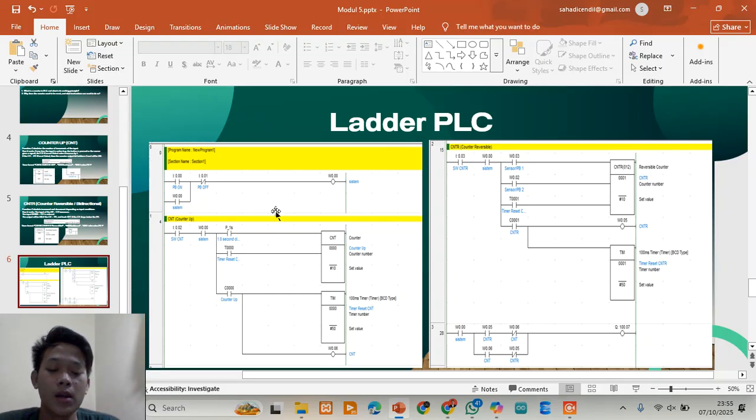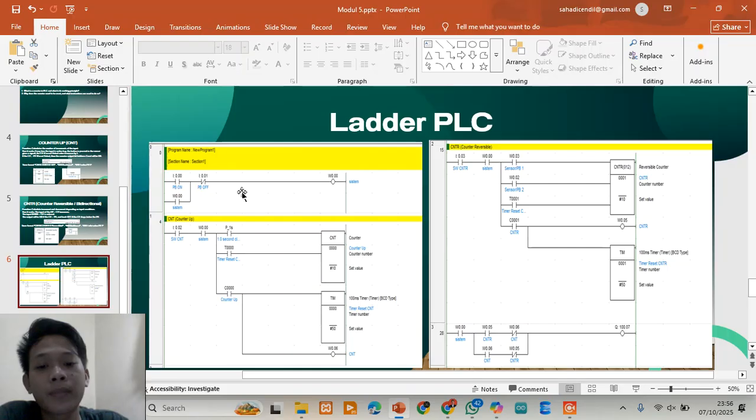Then the toggle switch, and the up or down button connects to input 001, PB down, and the reset button to